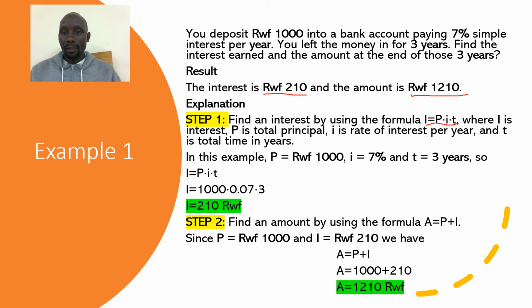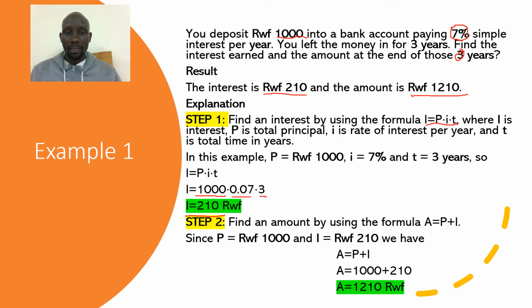So in this case, our principal is 1,000 francs, R is our rate of interest, which is 7%, and T is the duration, which is 3 years. So let's see how we come up with this. We shall take our 1,000 francs times 7%, which is 0.07, times T, which is 3. So our answer will be equal to